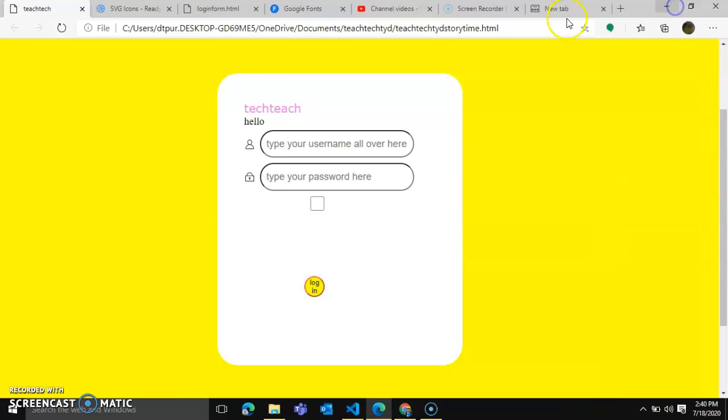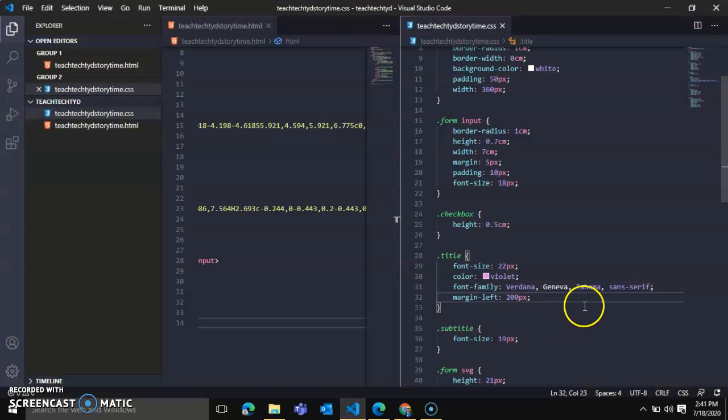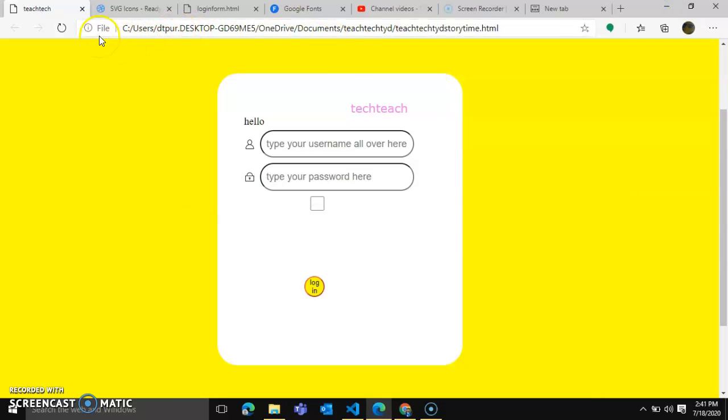I know it will not be in the middle, but you can try. Or let's keep it as 130. And it will be quite in the middle, as per mine. Yes, Techteachtyd. You can make the bottom